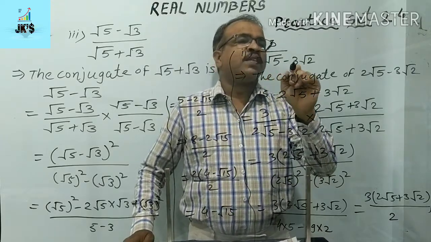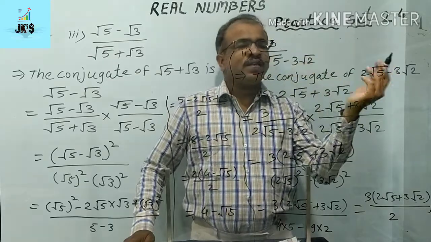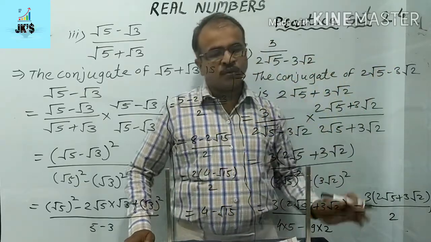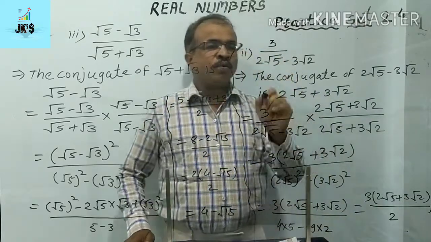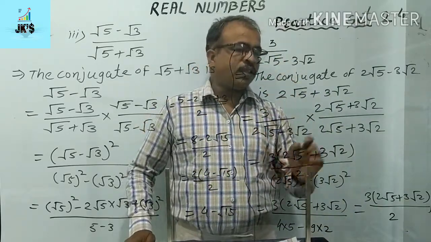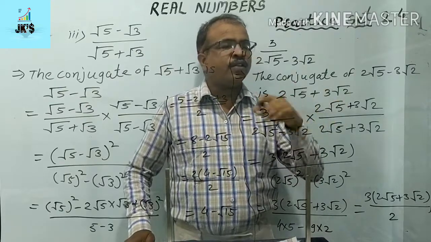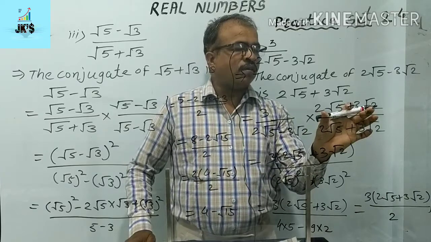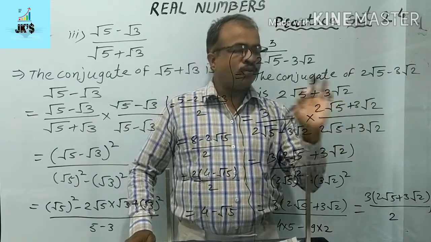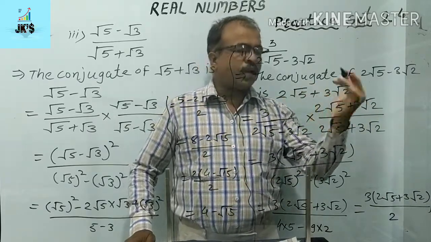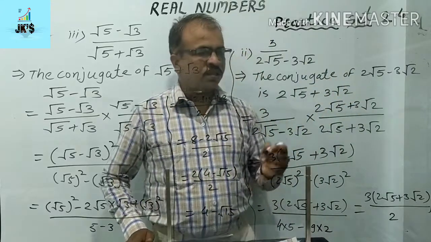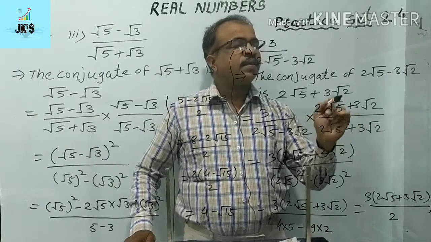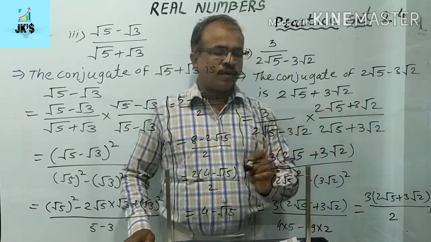The conjugate of 2 root 5 minus 3 root 2 is, obviously we take the plus, 2 root 5 plus 3 root 2. So 3 upon 2 root 5 minus 3 root 2 as it is, we multiply and divide by the conjugate, 2 root 5 plus 3 root 2. So at the numerator, 3 into (2 root 5 plus 3 root 2), upon